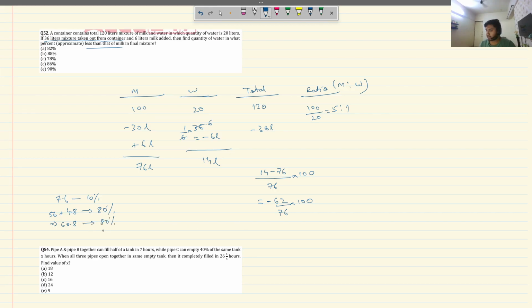तो मुझे 80% में मुझे पहुंचना है 62 तक, बट 80% पे मैं 60.8 तक पहुंच गया, तो मेरा जो परसेंटेज है 62 आउट ऑफ 76 वो 80% से थोड़ा सा ज़्यादा होगा। 80% में क्या क्या ऑप्शन है मेरा, 82, 88, 86 है, तो 88, 86 इतना ज़्यादा नहीं होगा। ऑलरेडी मैं 80% पे 60.8 तक पहुंच चुका हूँ, मुझे पहुंचना है 62 तक, मतलब 80% से थोड़ा सा ही ज़्यादा होगा। दैट इज़ माई ओनली ऑप्शन, ऑप्शन ए, 82%।